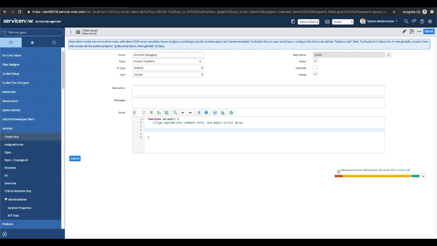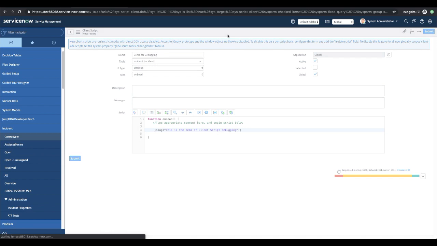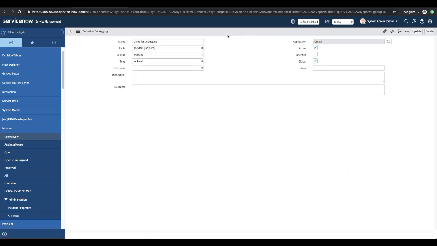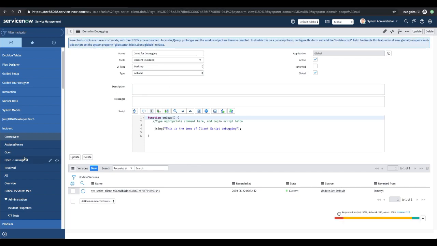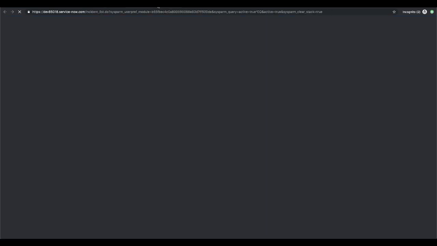So if I go here and put JS log, and I put like this, this is the demo of client script debugging. I'm just saving this. Now, if I open my form,